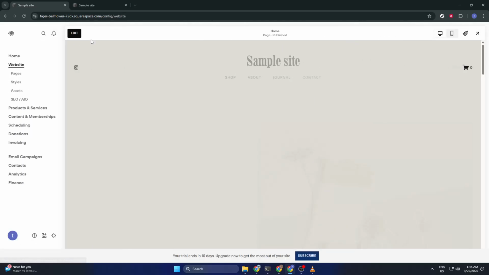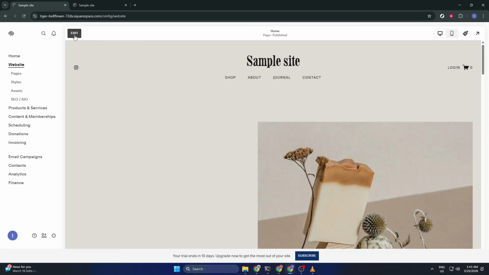Now, click on your website to open it. You'll land in the site's dashboard, where you can access design, pages, settings, and more. If you manage multiple sites, make sure you select the correct one before proceeding so your changes apply in the right place. Once you're in your site, go to the Pages area and open the page where you want the